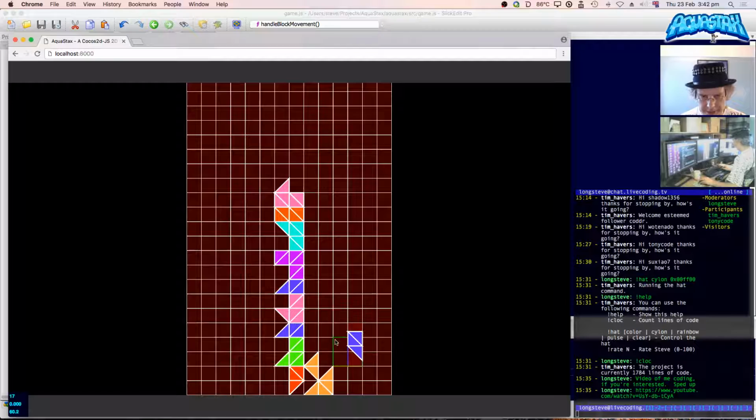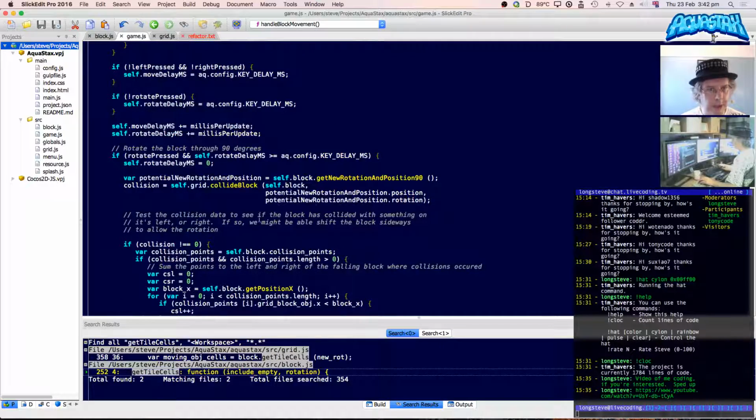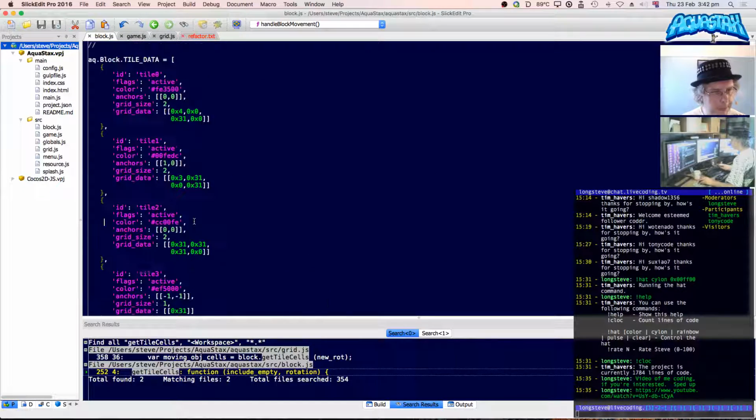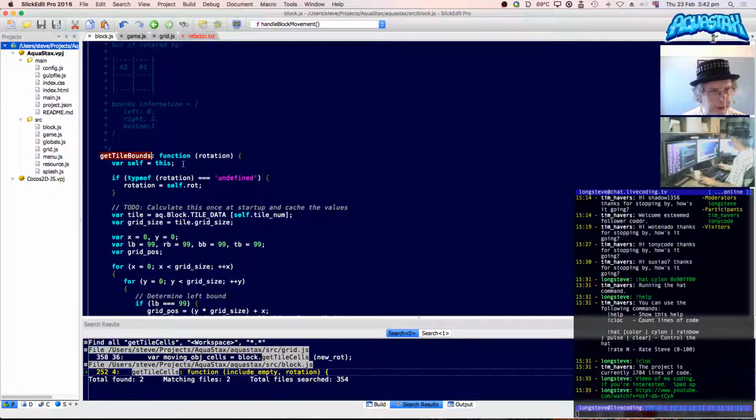I've got to take into account that little gap there. So I need to get the left and right boundaries, I think. Is that it? Let's just go for block. Get tile bounds, that's it. So we need to get tile bounds.